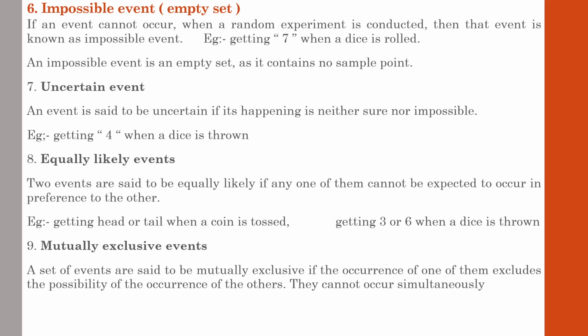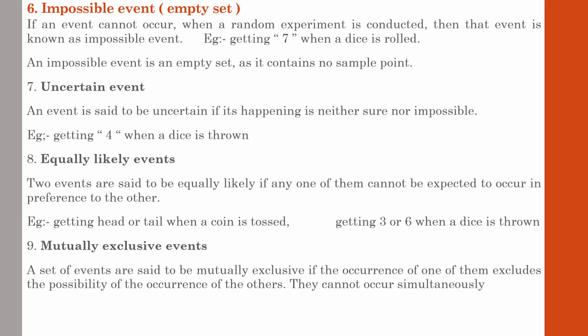In simple terms, with an example you will get a clear picture. If you toss a coin, we know that the result of the coin tossing will be a head or a tail. When a head appears, naturally it means that tail is left out. Tail will not happen. That is the concept. Occurrence of one event leads to the prevention of the occurrence of the other event. That is the concept of mutually exclusive events.